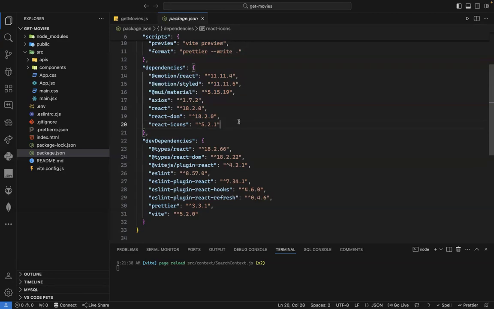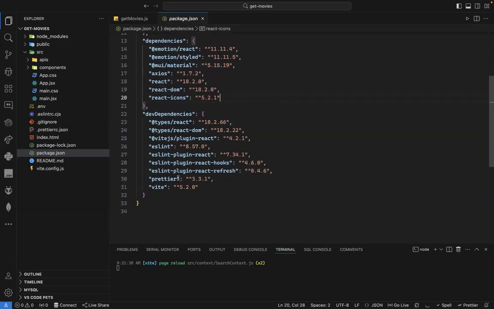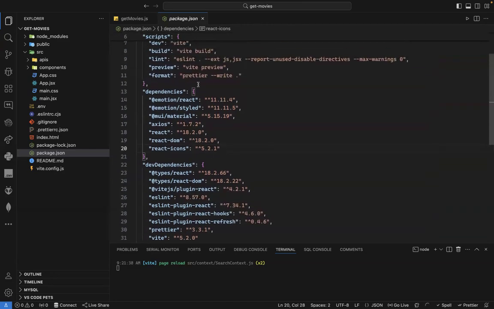That's it. For the dev dependency, I need one library, which will be Prettier. I need to add a script for Prettier, which will be prettier --write . And of course, I need to install Prettier. For Prettier, I also need to create this file. Which file? You need